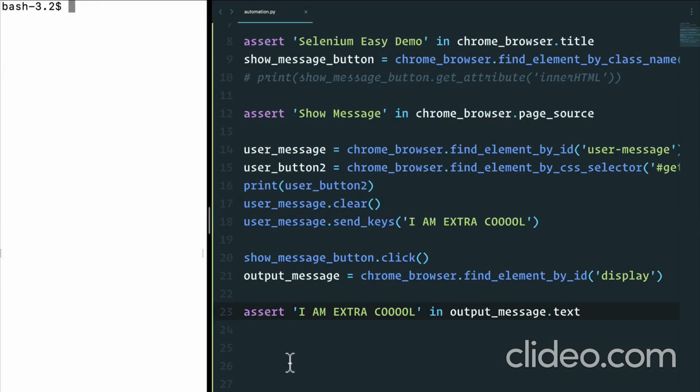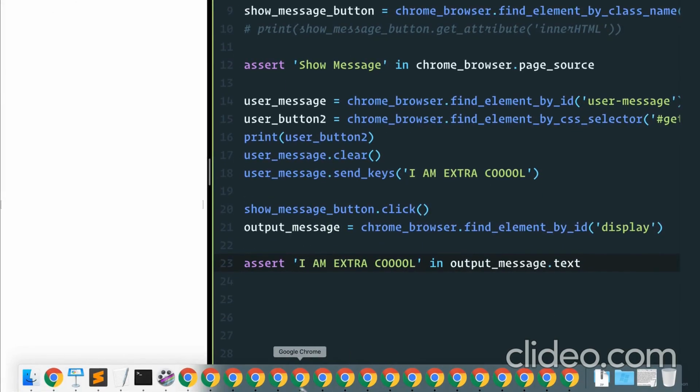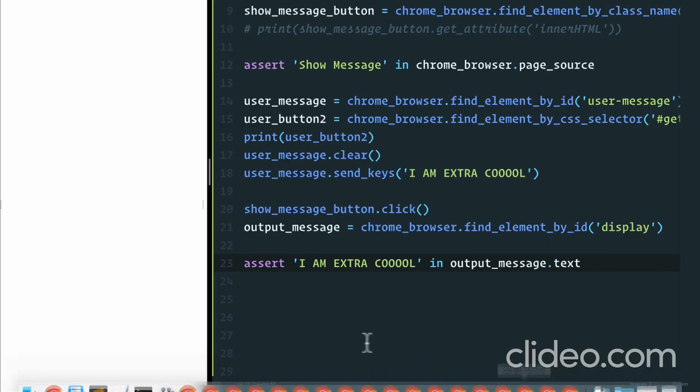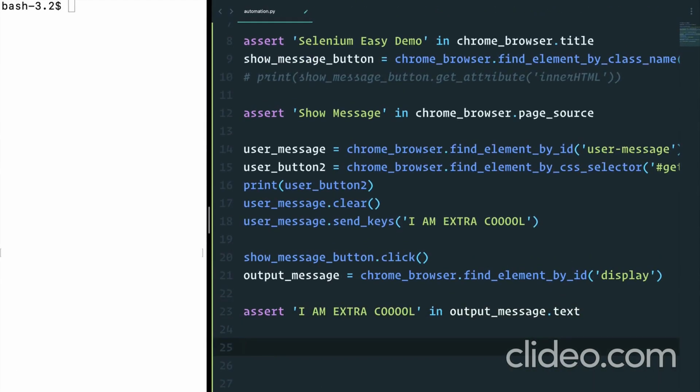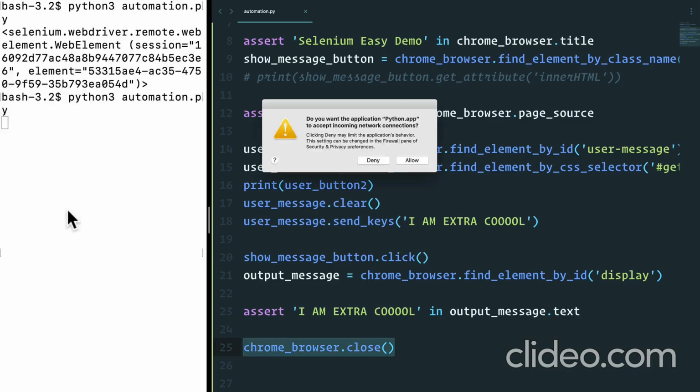Now, up until this point, we've ran this code quite a bit of times, and you see that now I have a ton of Chrome browsers open. That's not good. How do we close these things? Well, quite easily, actually. All we have to do is say Chrome browser.close. Now, this close method is going to close our browsers. However, a lot of people sometimes have issues with this method because browsers are constantly being updated. And sometimes Selenium has some bugs where it doesn't close this properly. So this may work for you. Now, in my case, if I run this,